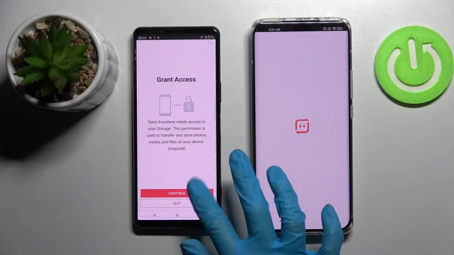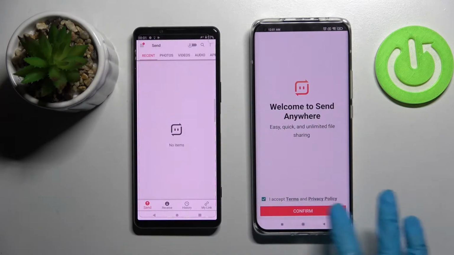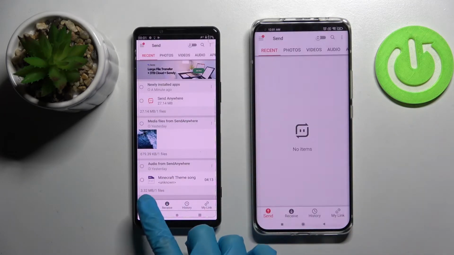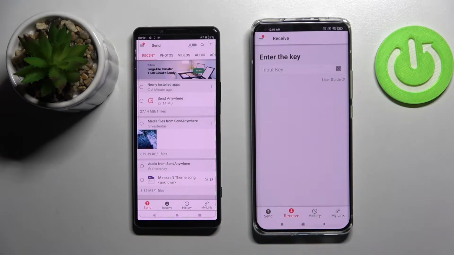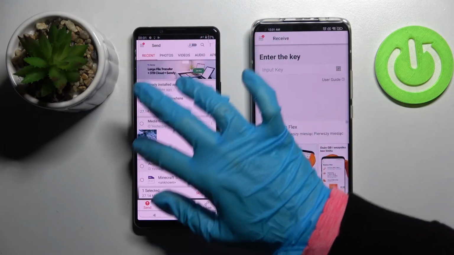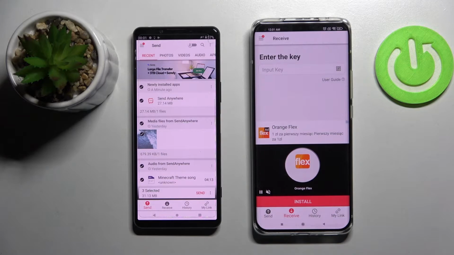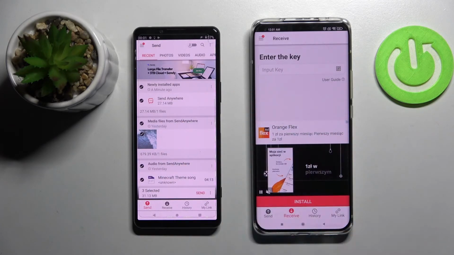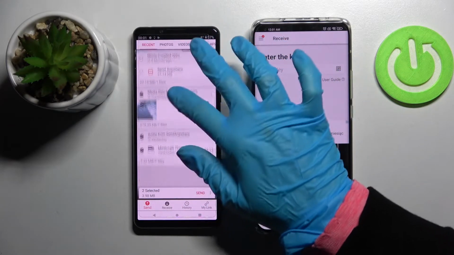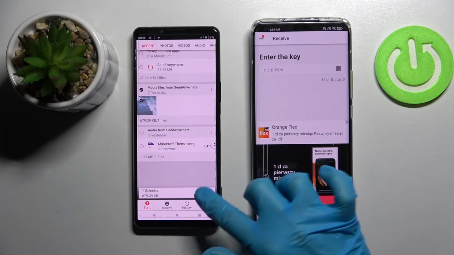Choose I accept, confirm, continue and allow. And now finally select Send on Sony and Receive on an Android. Then tap on all of those type of dots and choose Send. This way you select all of those files and transfer them. It will take a while though, so I will only go with this one photo, just send and tap on